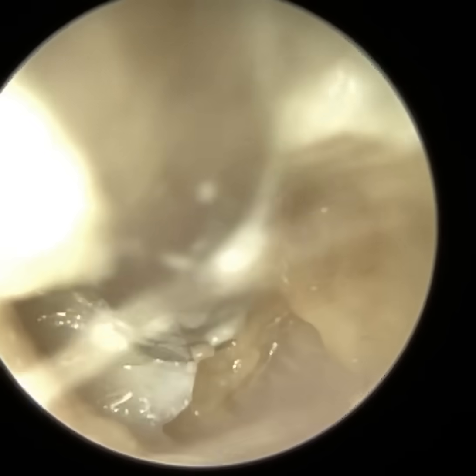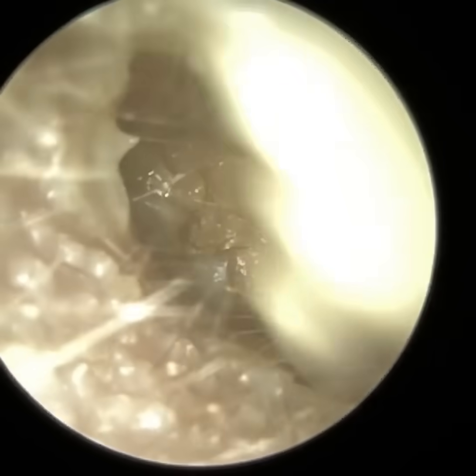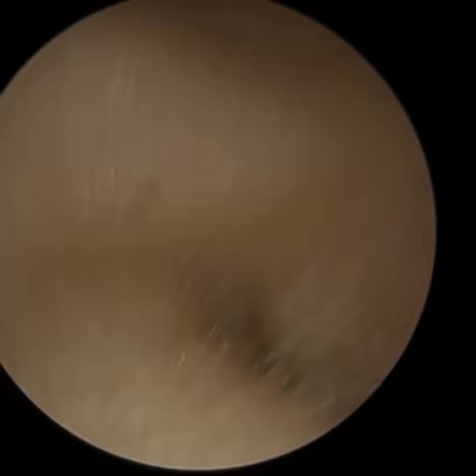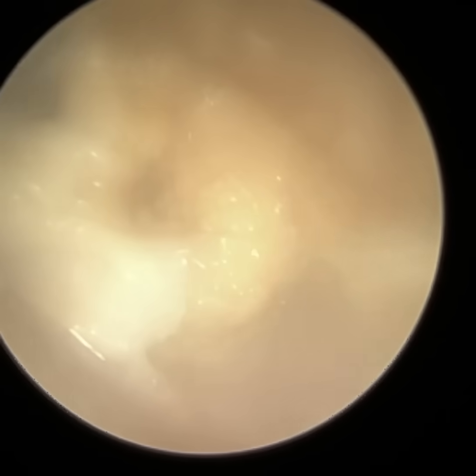And progressively, this has got worse. And more recently, her entire ear canal became blocked and it became a bit painful. Now, just at the entrance, you may have noticed there's a bit of a furuncle there, just there at the top. May also be some granulation tissue, but